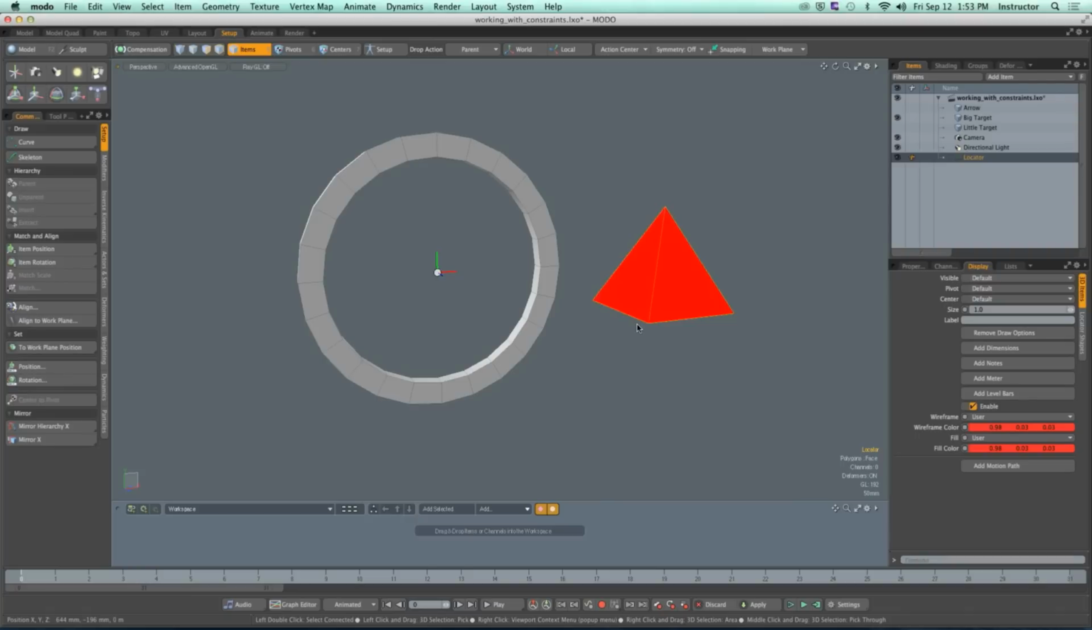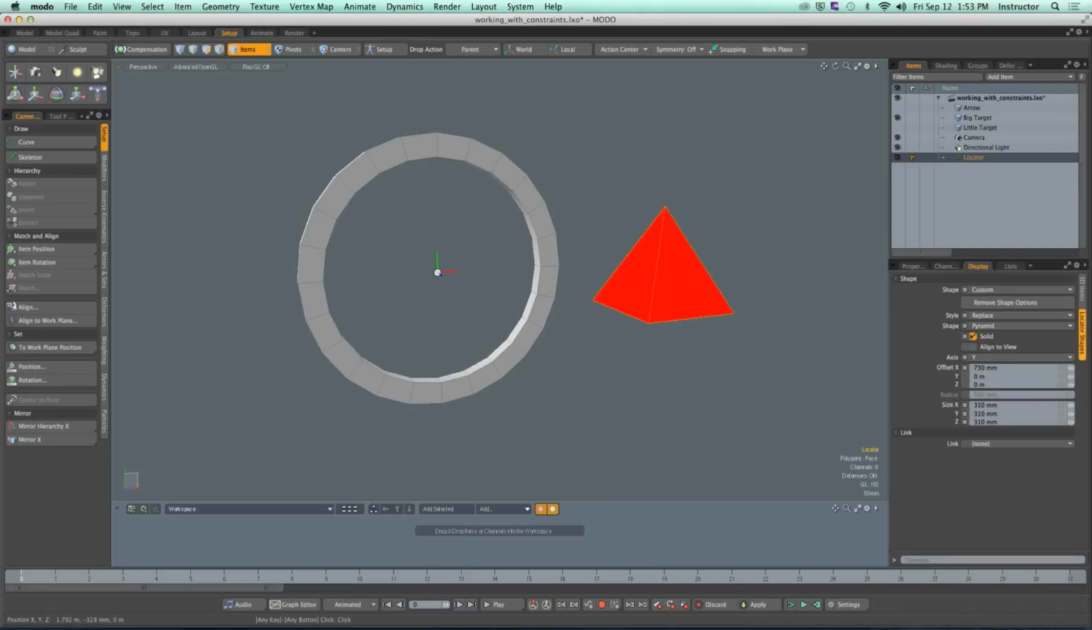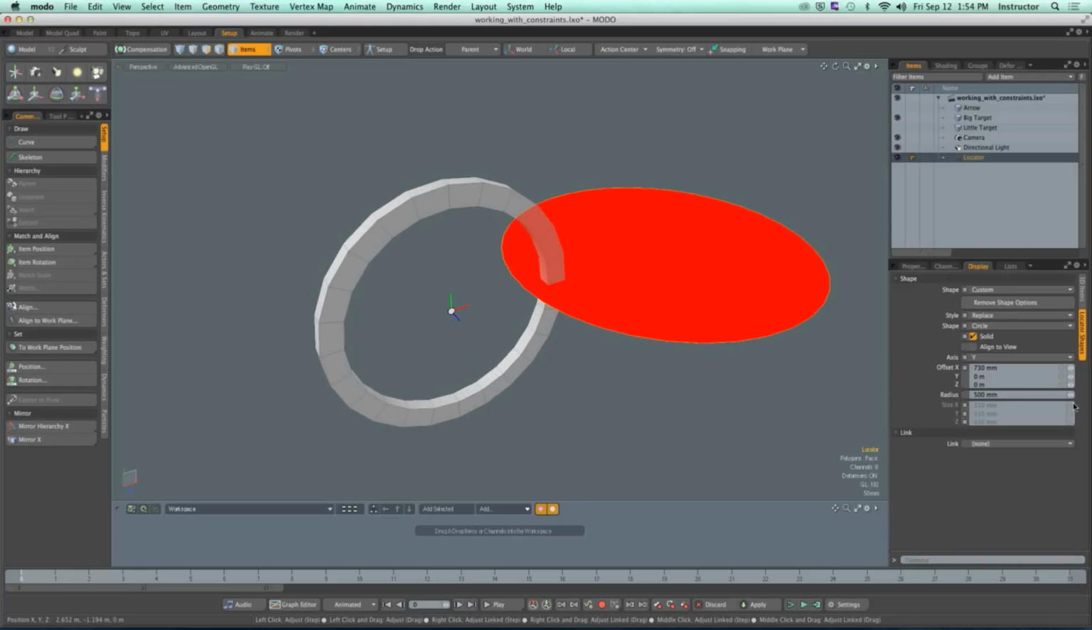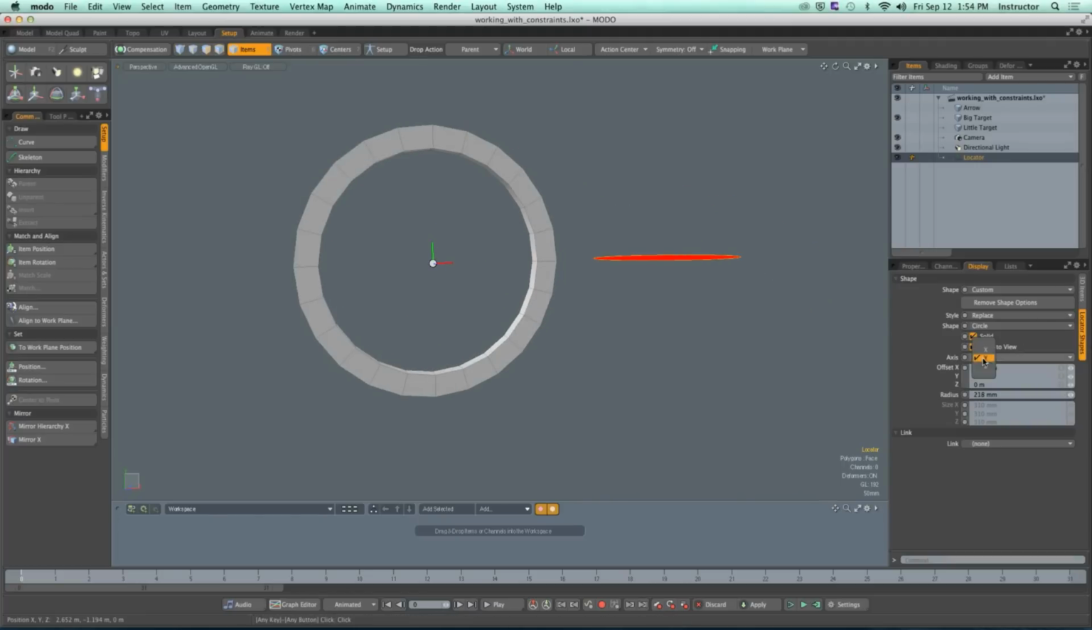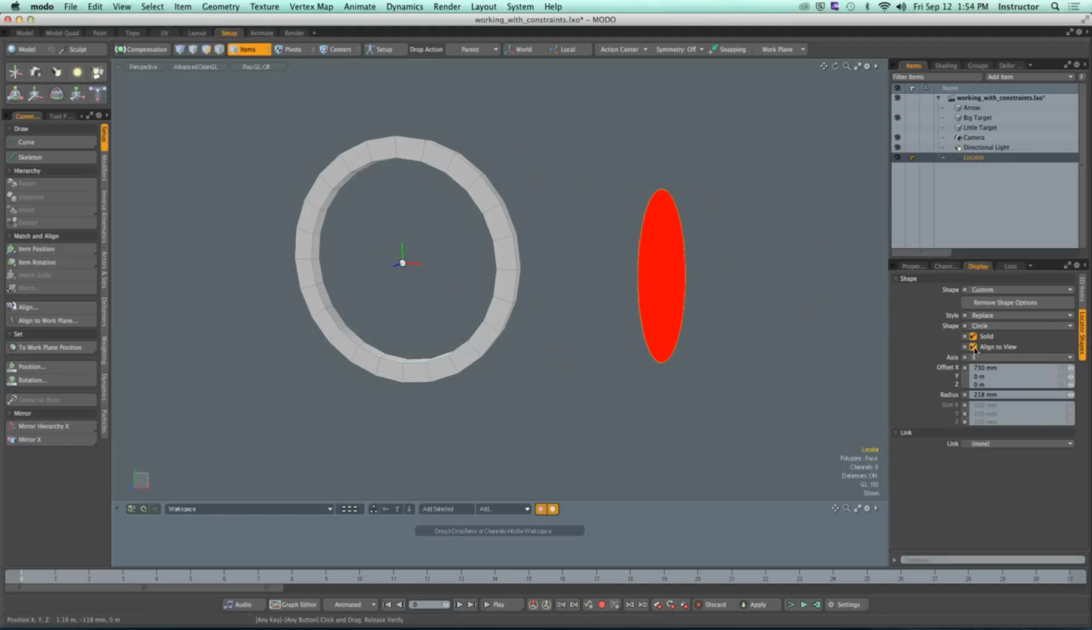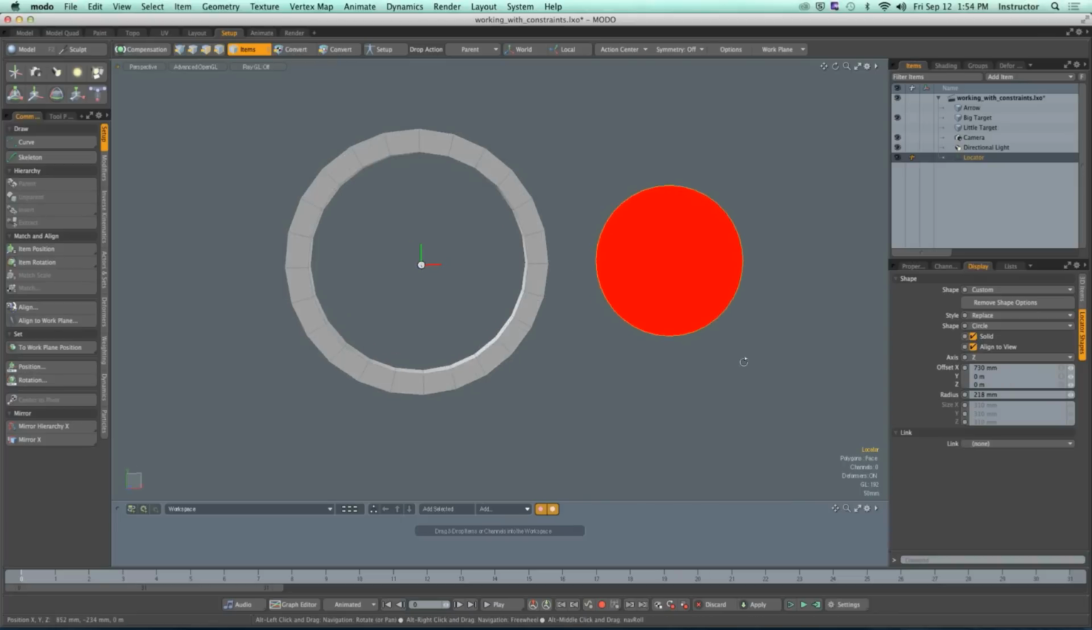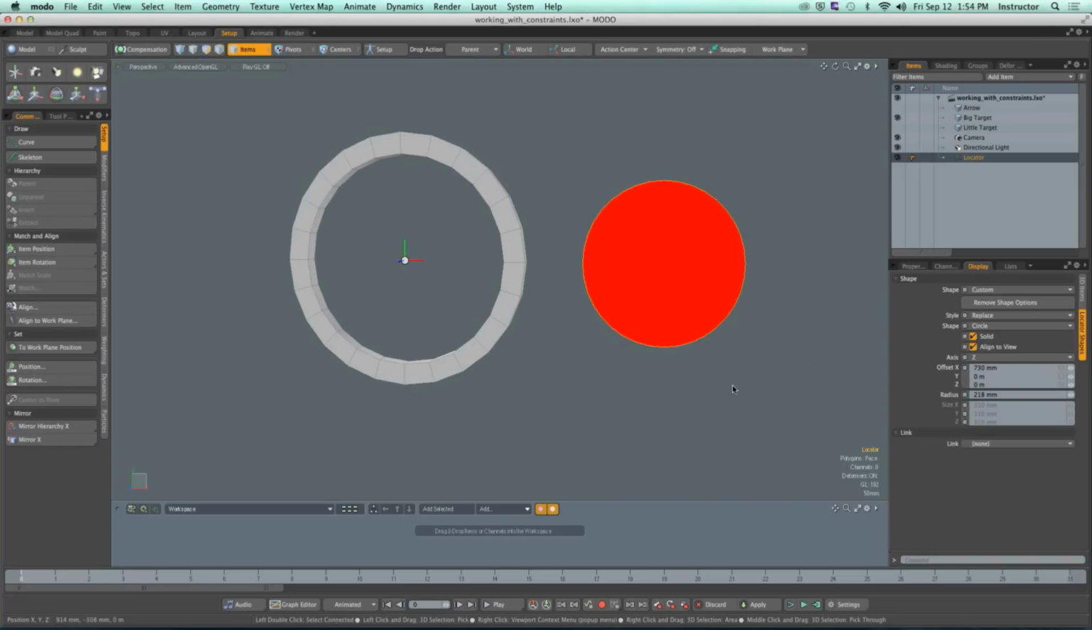So the wireframe. Back inside your locator shapes options, solid, just turn that off. Circle, I use circle a lot. I like circle. Align to view is kind of fun. Let's get it to the right view. There we go. Now it's always going to face us, and I can just select that bad boy and continue